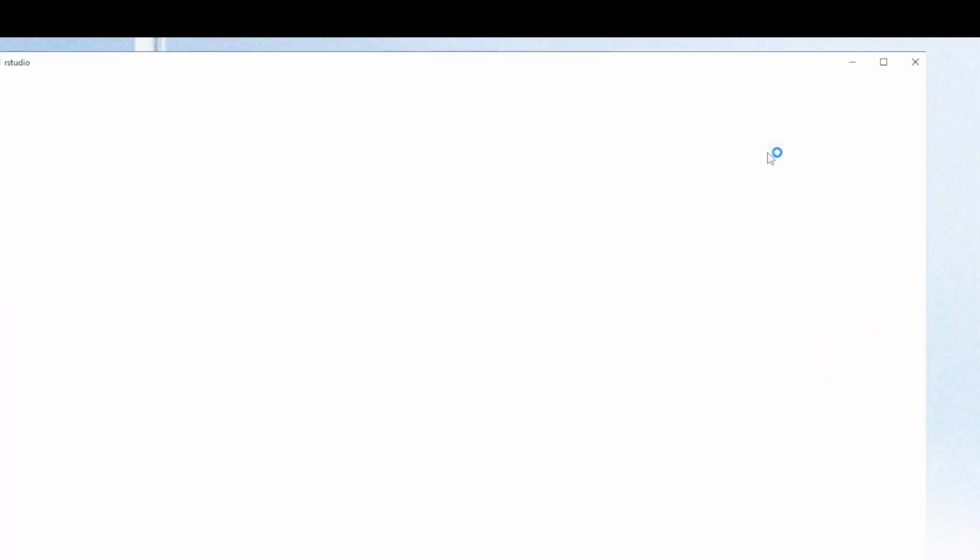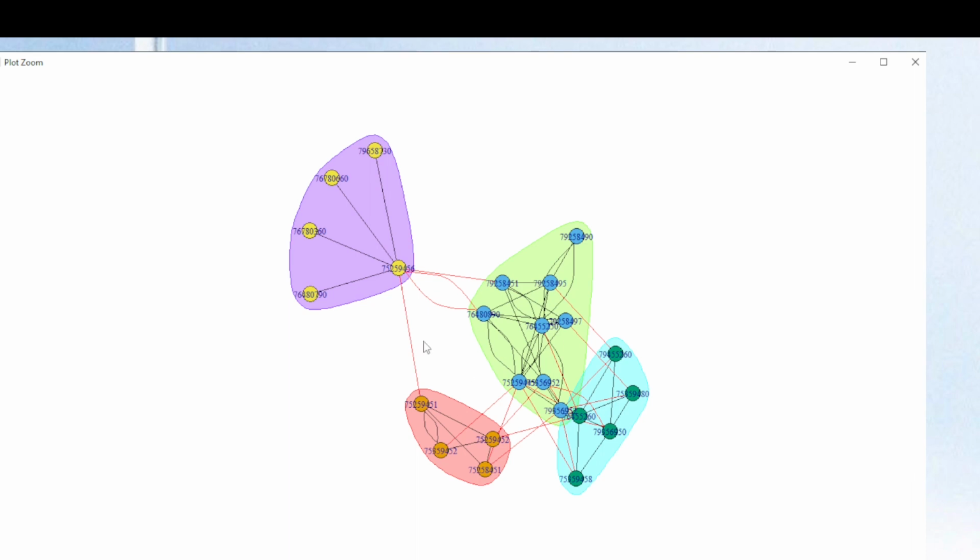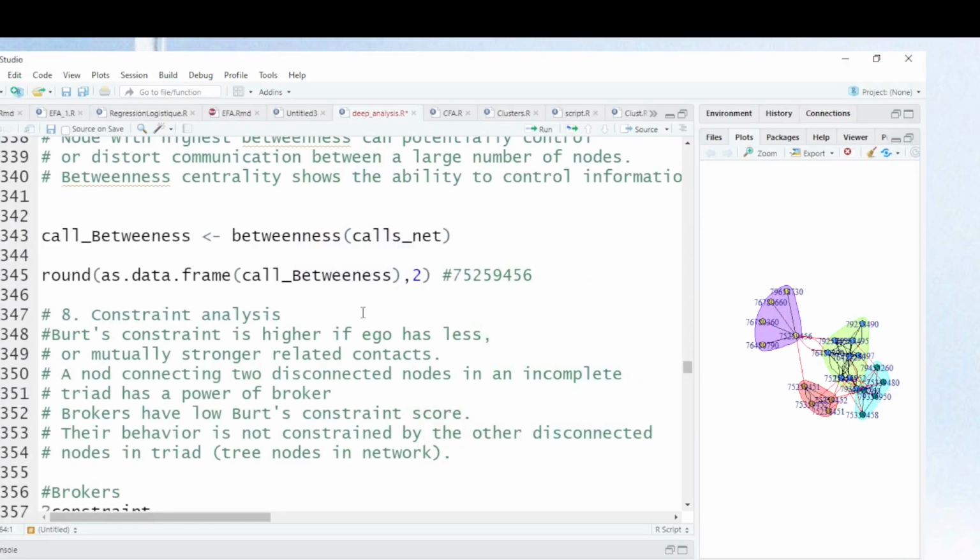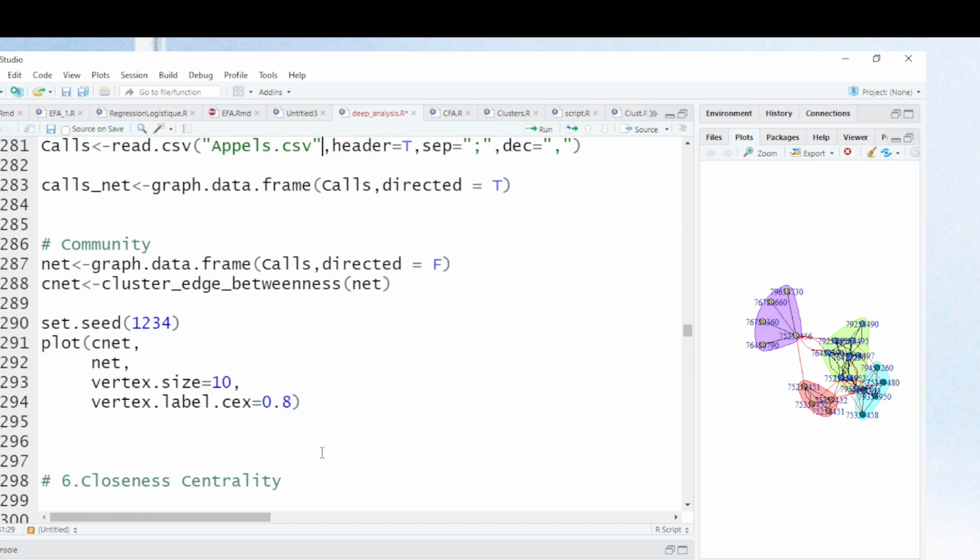That means this number can reach many other communities or many other nodes because it has smaller constraints to reach other nodes, whether it is in this community, or here, or in this community. Okay friends, this is how you can calculate constraint, betweenness, and closeness centrality when you are interested in